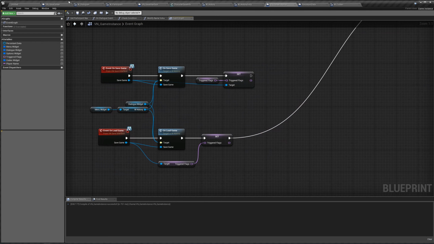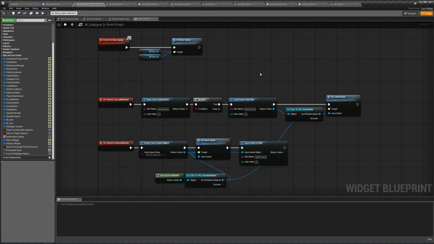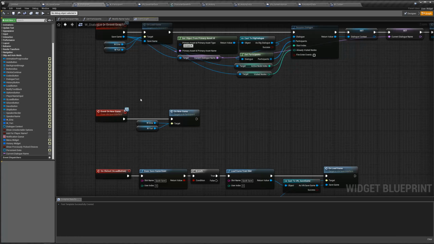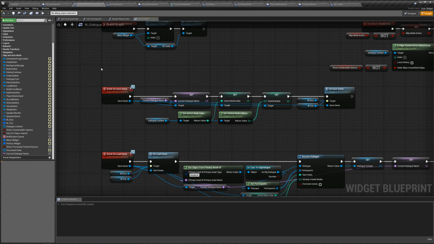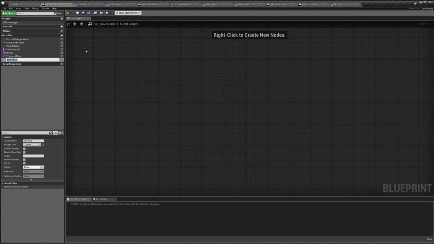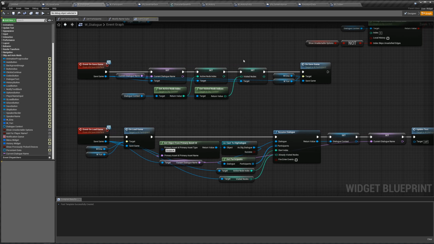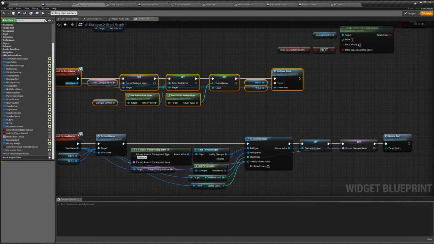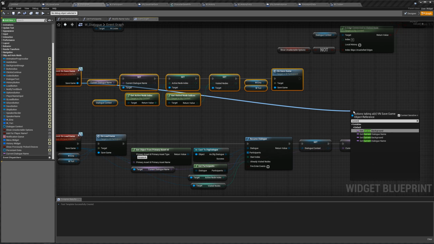That's really simple. We'll just go back to our dialog, and on the save game, where is it? Over here, save game. We want to save the name of our background. So in our save game, we need a new variable for our current background. And this is going to be a name. It's going to be a single name. Back in our dialog, on event save game, we'll just set the current background